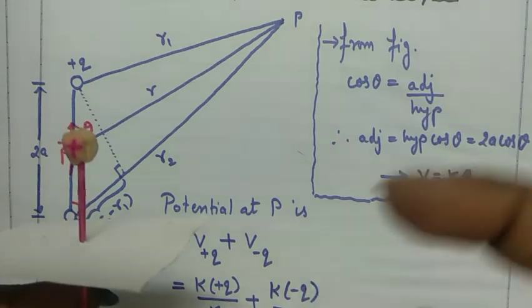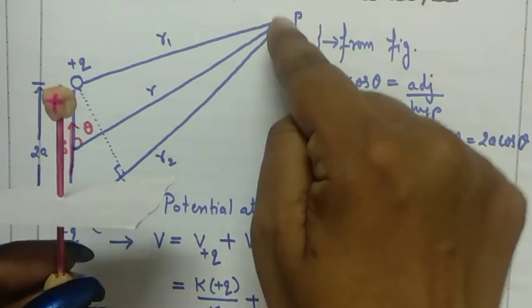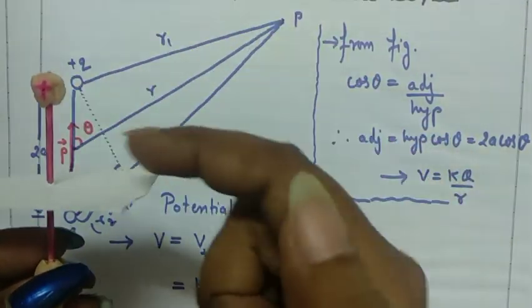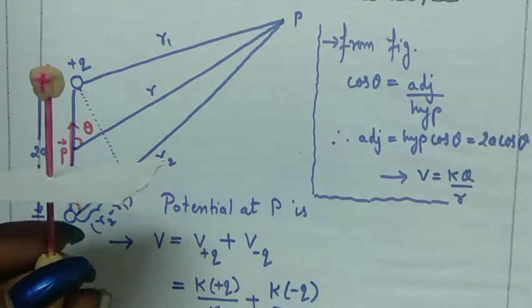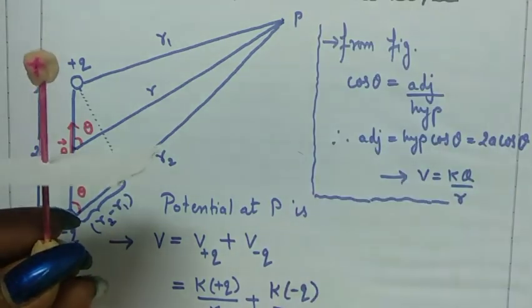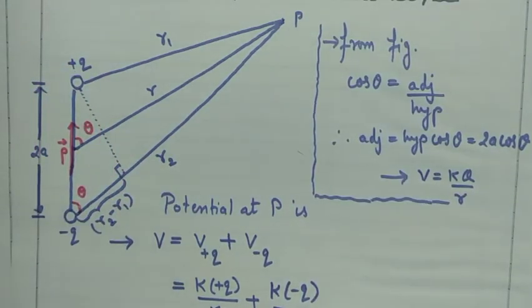Now if I connect all those circles, एक यहाँ से बना था, फिर एक और हमने ऊपर लाइन लिया था, वहां से एक सर्कल बना था. अगर हम इन सभी सर्कल्स को कनेक्ट कर देंगे तो क्या बन जाएगा? एक सिलेंडर बन जाएगा. And over all the points on that cylinder, the potential is going to remain same. So we can say that potential due to a dipole has cylindrical symmetry.